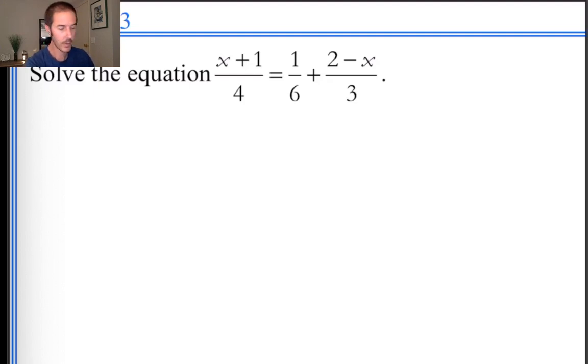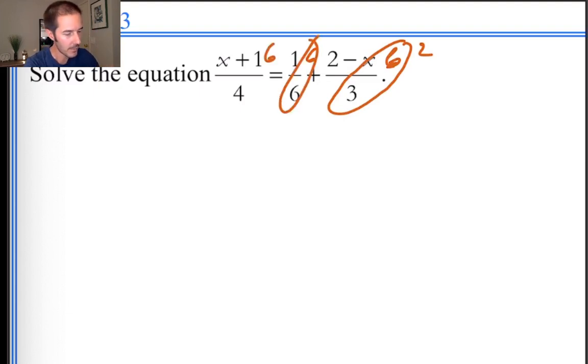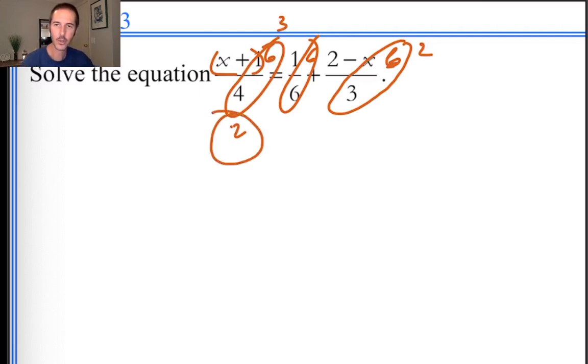6 is getting a little bit closer. If I put a 6 here, a 6 would reduce with the 3, it would turn into a 2. A multiple of 6 here would knock out the 6 in the denominator, and a 6 multiplied into this numerator would partially reduce the 4. It would turn this into a 2 and this into a 3, but I still have this additional multiple of 2 in the denominator. What that tells me and my trained eye is that 6 wasn't large enough, but 12